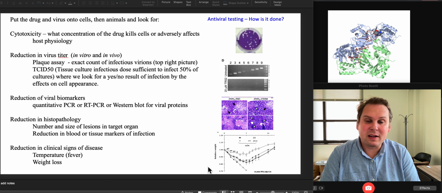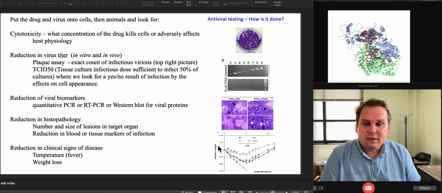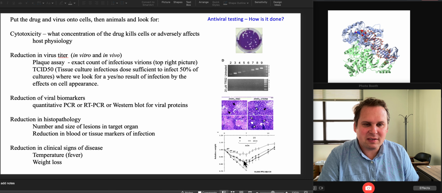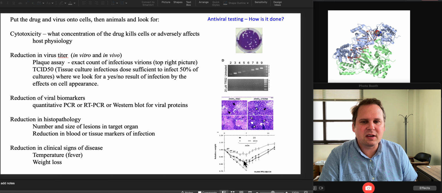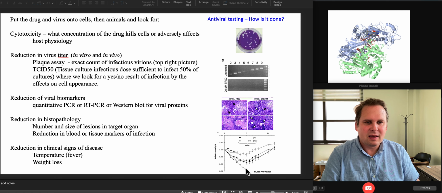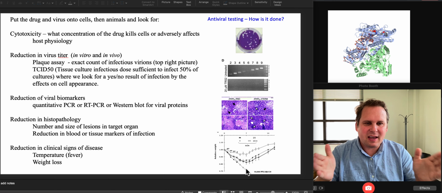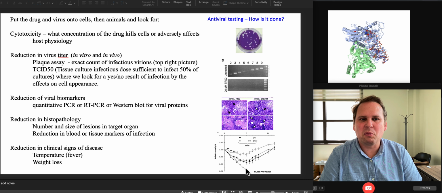Like a lot of animals will run a temperature, or here are some mice that are showing weight loss. You see weight drop down as the animal gets sick, just because it doesn't eat as much, it just feels bad in some way. They don't move around as much. But weight can be a nice objective way to look at it. And you don't ever let the mice drop below something like 25% or 20% body weight loss, in a particular time. And again, you have to clear all these things with lots of different committees. You have to explain what it is that you're doing.